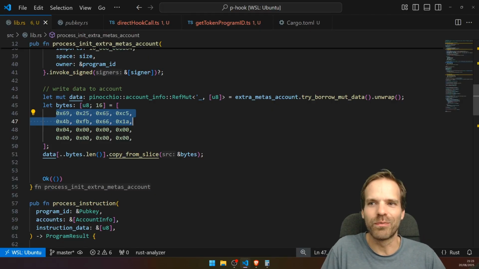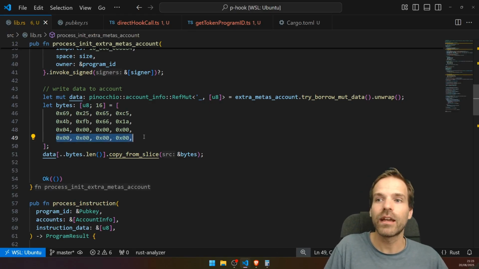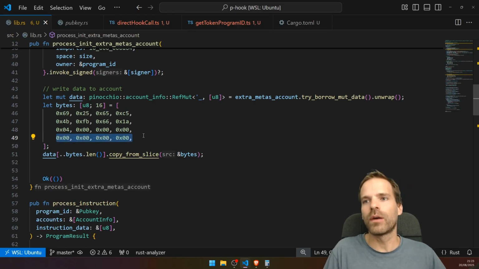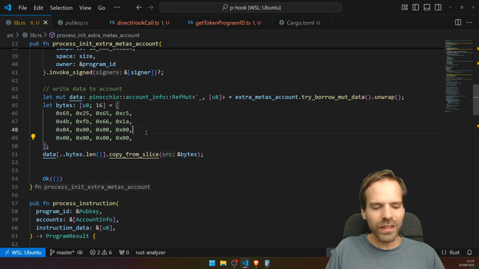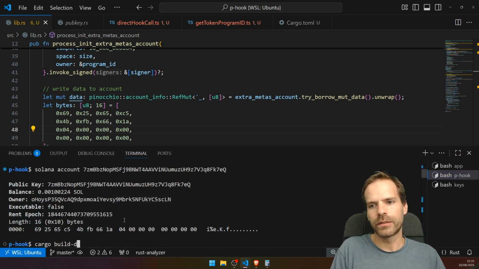So we just need to write that. And then we write the length, how many accounts. That's a TLV, type length value account, and the value is the extra accounts list, and the list is empty. That's what I want. So do you think that's just gonna work? I don't, but I'm gonna try. Cargo build SBF